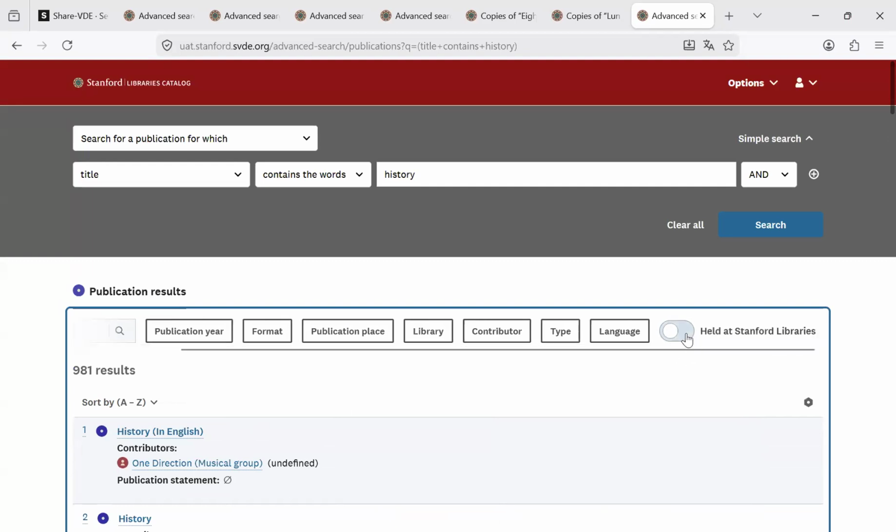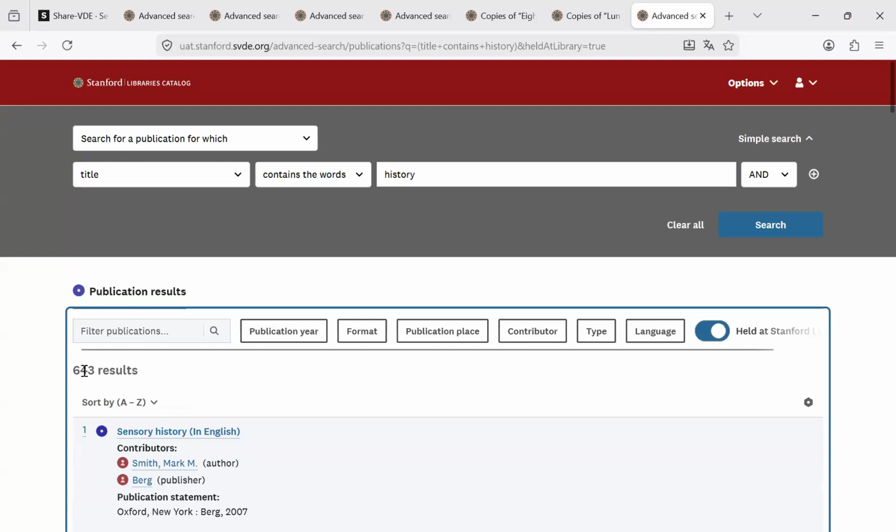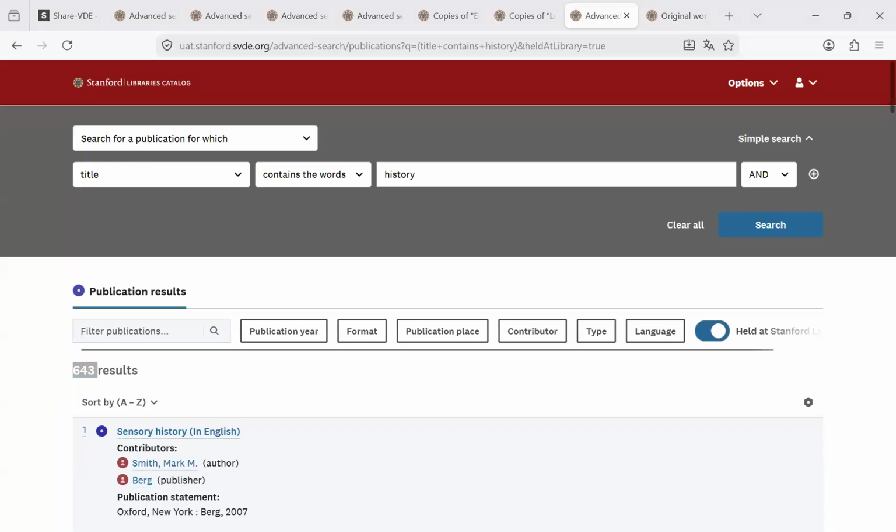But if I want to see out of these 981 results, which ones come directly from Stanford, I can select this button, and the search results will show only the publications that come from Stanford. So this filter operates both on the search results as well as on the list of publications that are connected